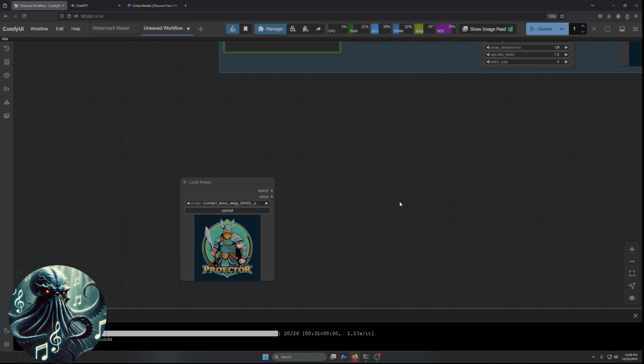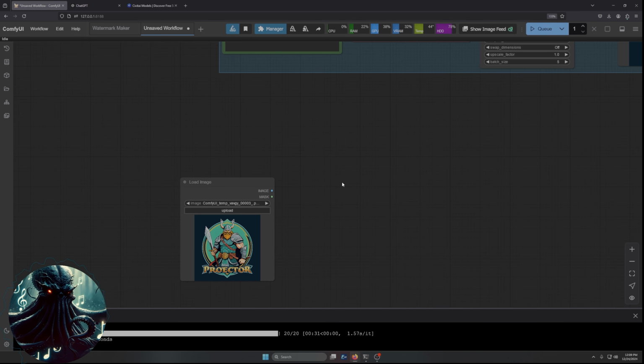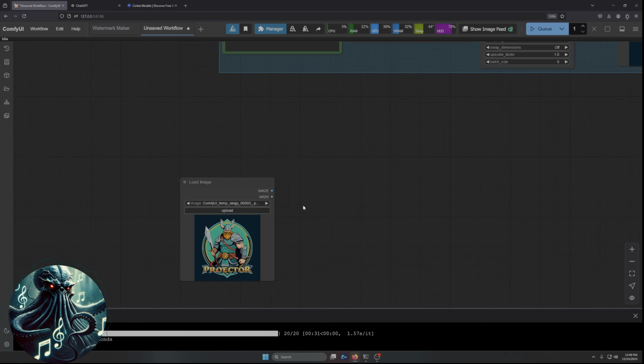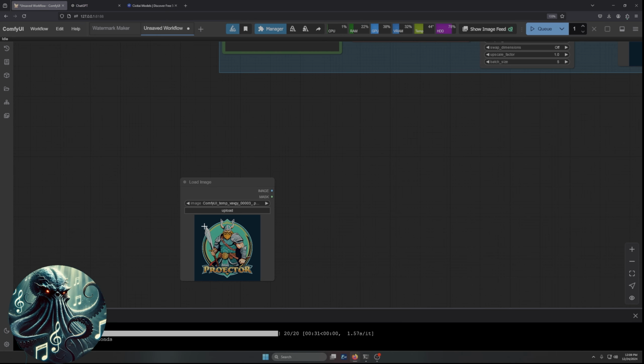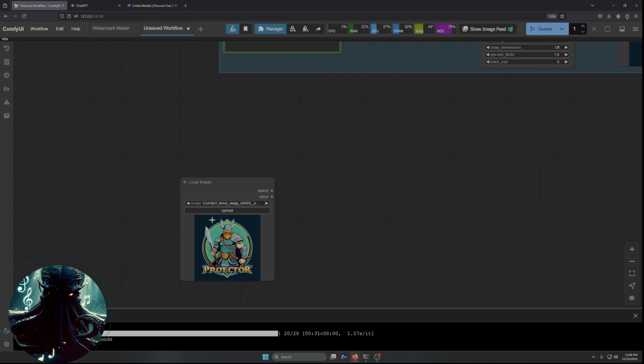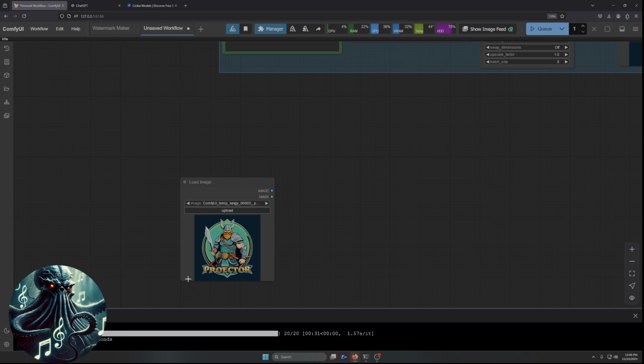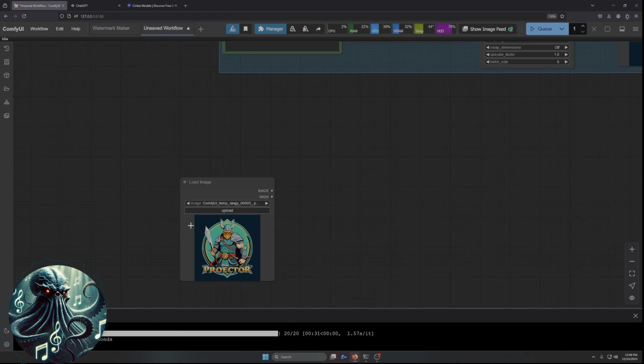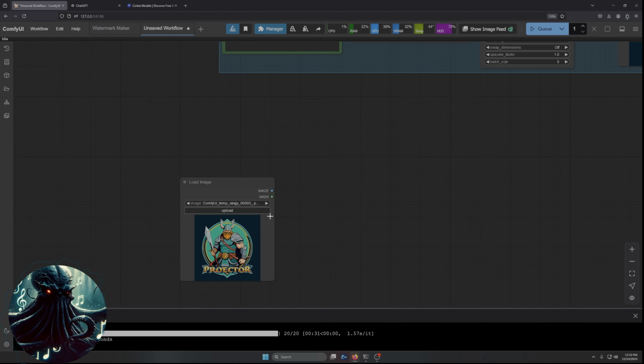Okay, and then there are two nodes that I use. One extracts most of it, and the other one just does a better job making it transparent. Because it won't actually make it transparent. It just takes, like if you had bushes and trees and snow or something in the background, it takes that out, but it doesn't make the image a transparent image. So anyways,